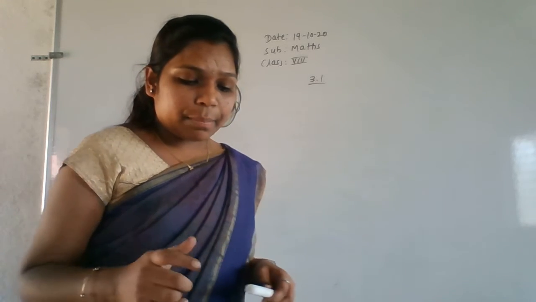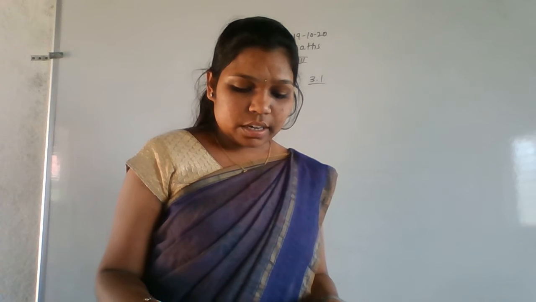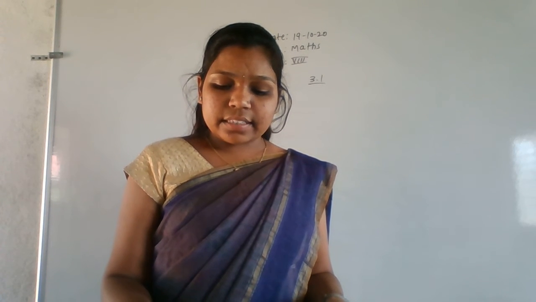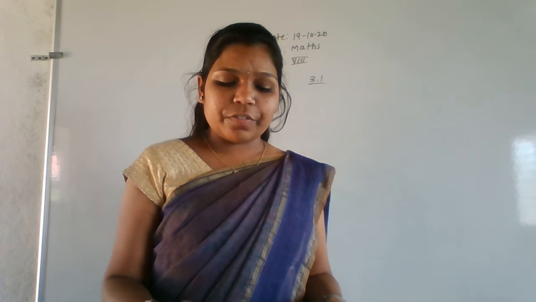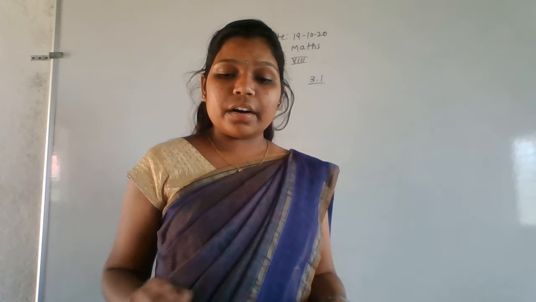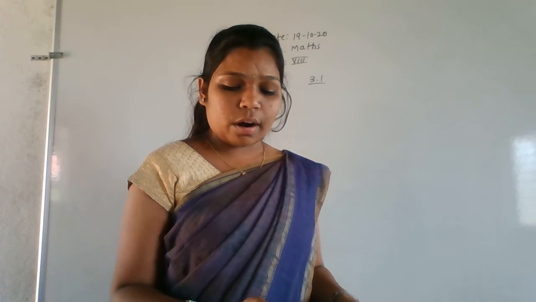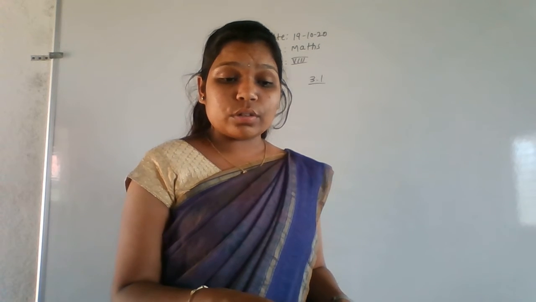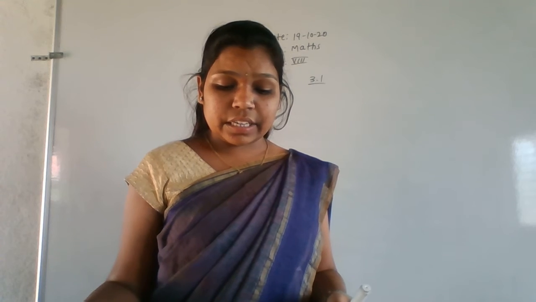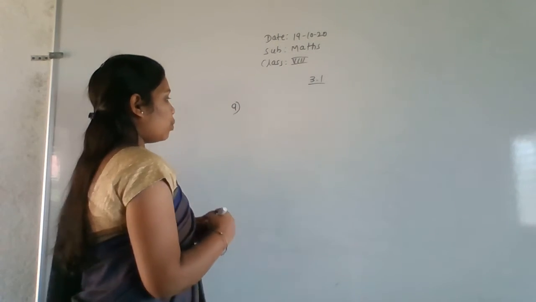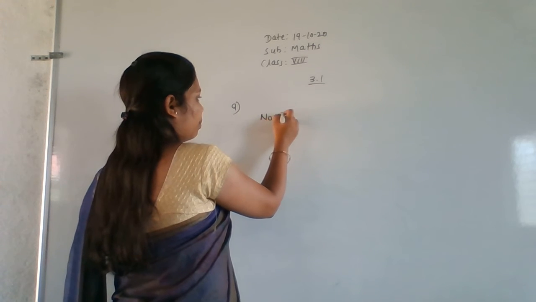Ninth one: a number can be written in the form of 3m plus 2 for some natural m. Can this number be a perfect square? No. A perfect square should always be expressed in the form of 3m or 3m plus 1. But it is 3m plus 2. So write here no, because